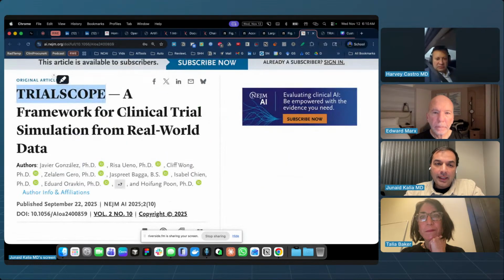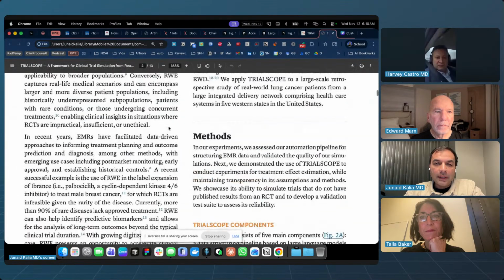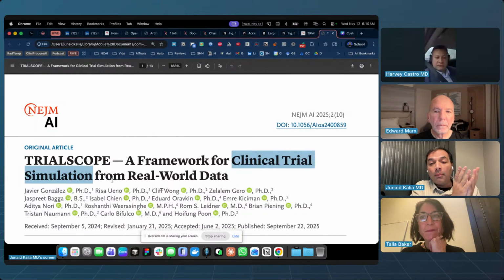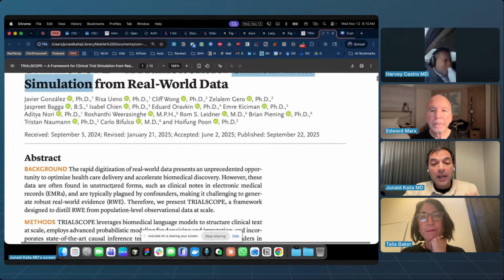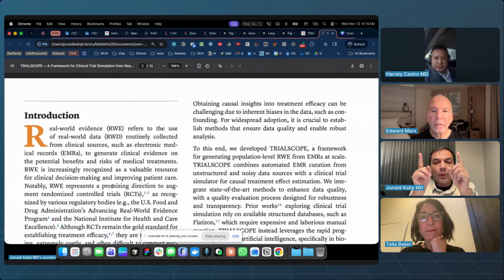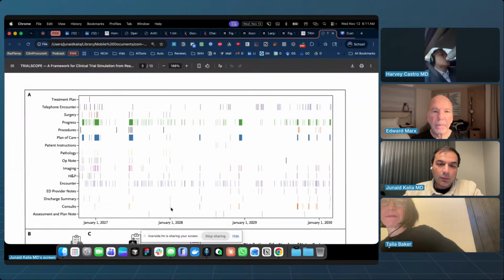And then the last, and I think most important, article that I was given in NEJM AI was about understanding trial scope, a framework for clinical trial simulation. That's the real key benefit: even before you do a massive clinical trial that can cost millions of dollars, you can use real-world data to create a framework, and you can test that framework as if it were a digital twin of a clinical trial. It is just amazing how you can do that. It is important, and this is exactly what we're looking at.